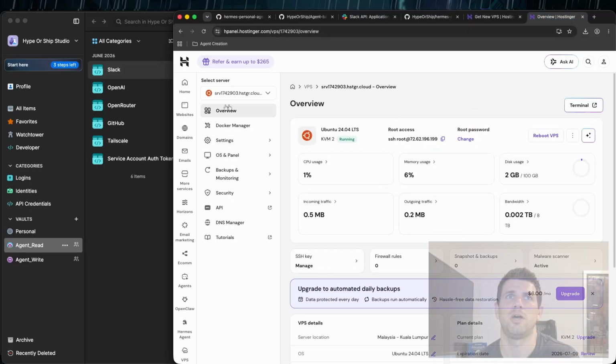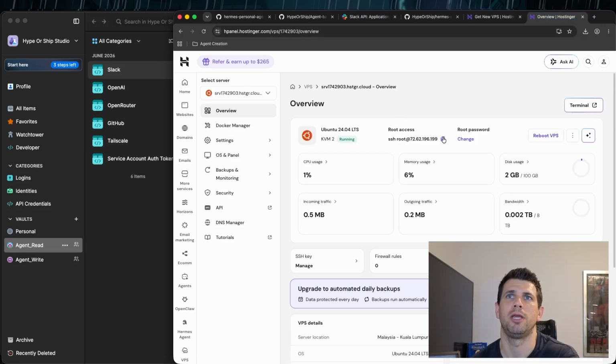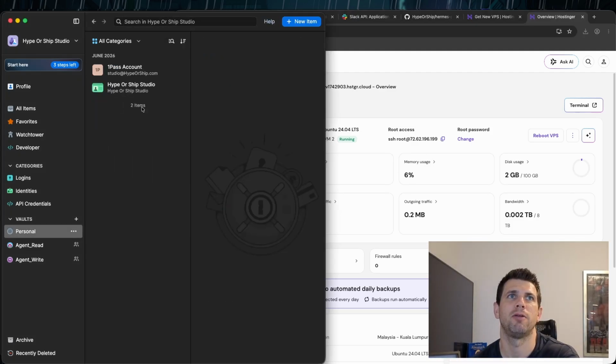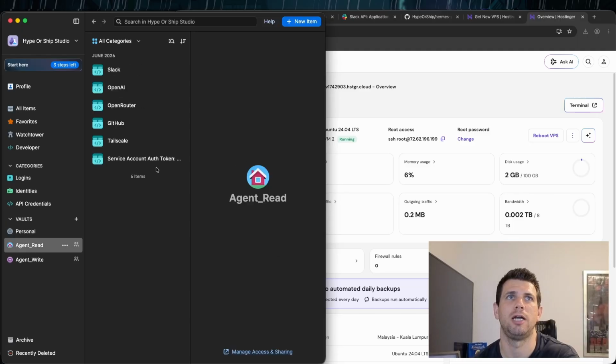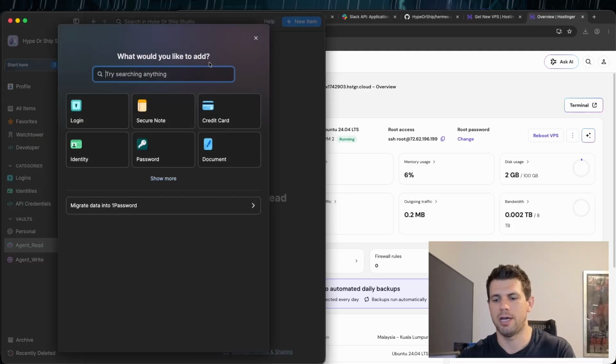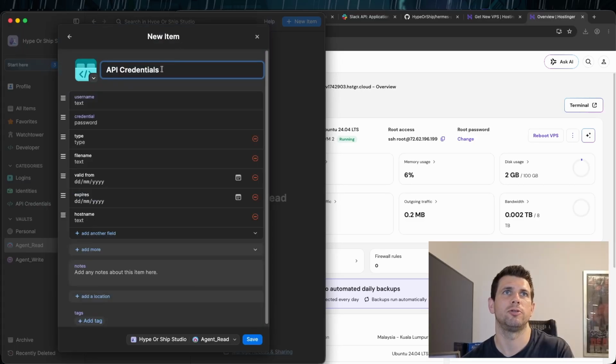You'll get this kind of screen here. What you want to get is this root access here, and you want to take down the password also. For me personally, I go under my personal one here, or actually under agent write, and I like to put Hostinger access as well. So if you're going to go API credentials,